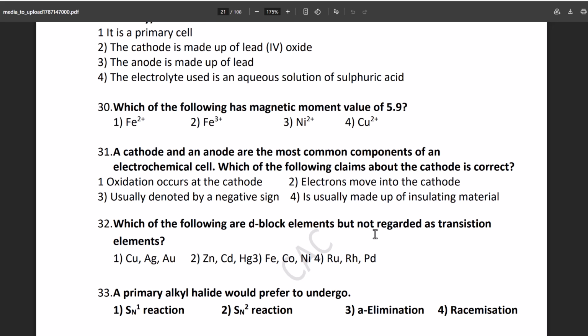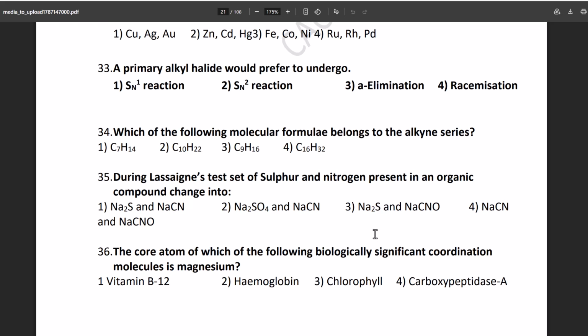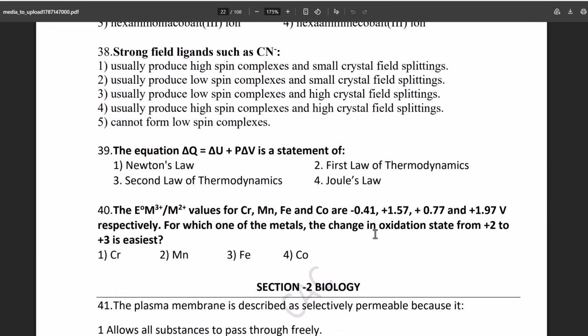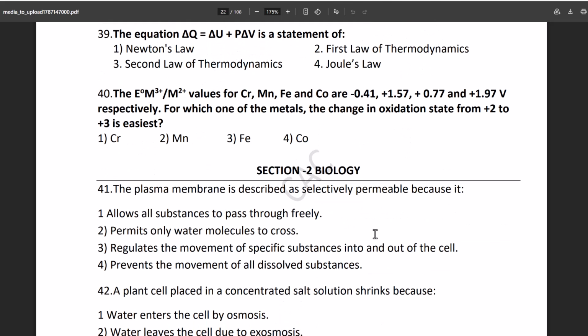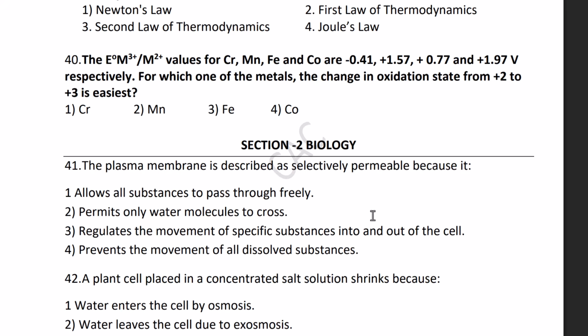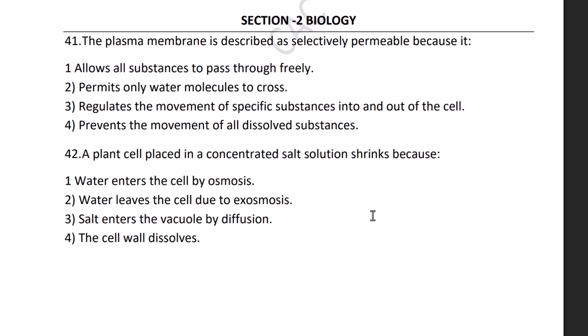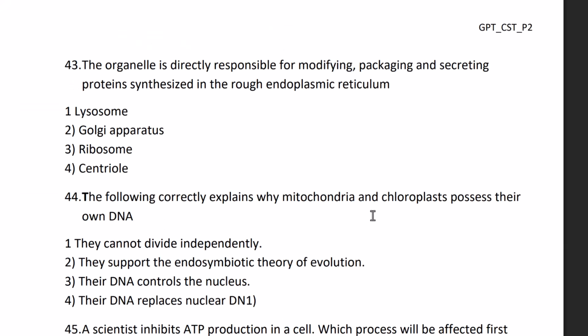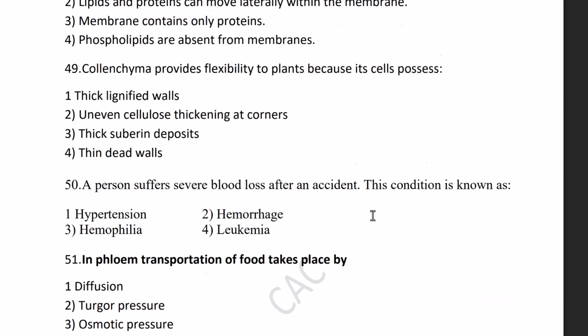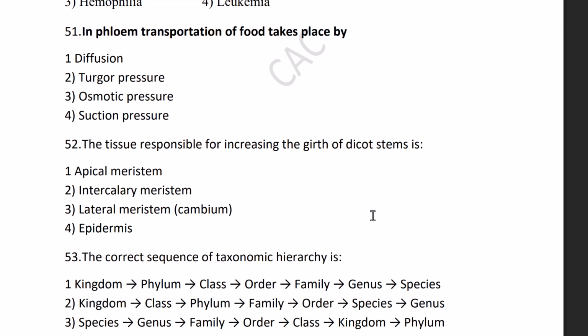Clear, right? And unlike GPSTR 2022, there is nothing like that this time. You don't have to read physics and mathematics if you are a CB method aspirant. Remember this. You don't need to prepare for physics and mathematics. And there will be no descriptive questions. All will be multiple choice questions. So this much is clear, right? You have 40 questions for chemistry. Similarly, you will have around 40 or 41 questions for biology, followed by the science methodology questions. Okay, clear?